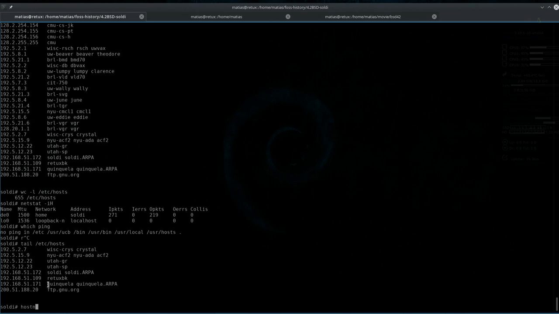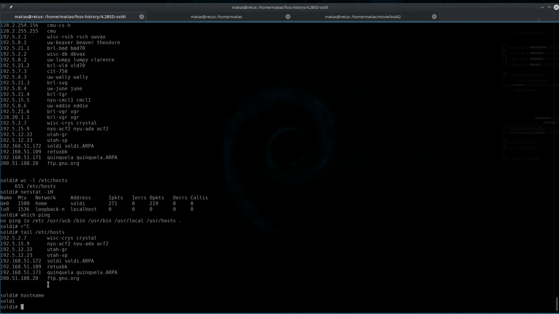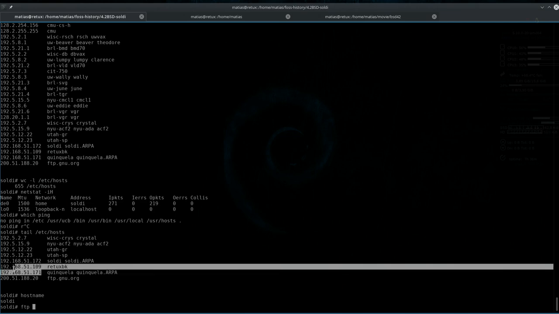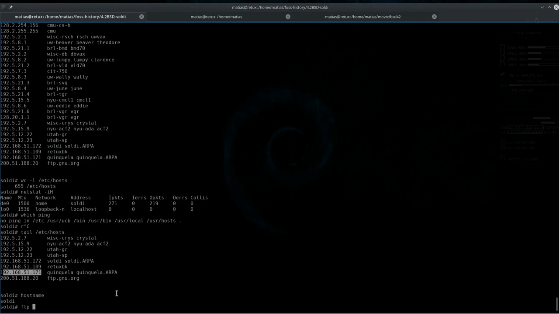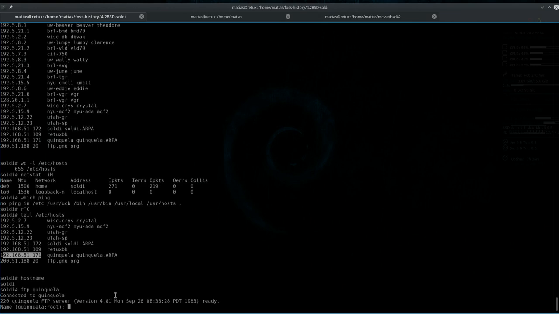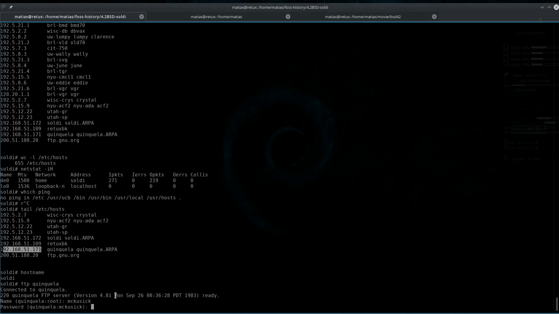Now I am on this host Soldi, and I'm going to connect to the other one that's in my local network as well, called Kinkela. Let's try to run an FTP, and we will use the user from a historical developer of BSD, Marshall McCusick.